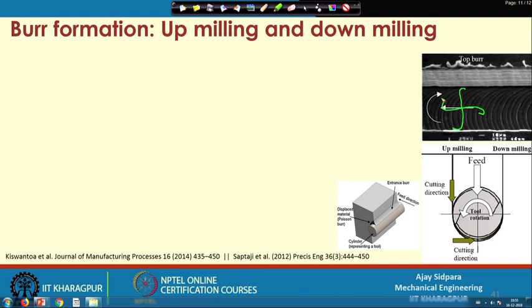So, this is the cutter and it is going in this direction. So, if it is going in this direction, you can consider that this is called one region and this is called another region, and these are the top burr formation and this is the bottom burr formation. Now, consider this phenomenon, this is the feed direction,